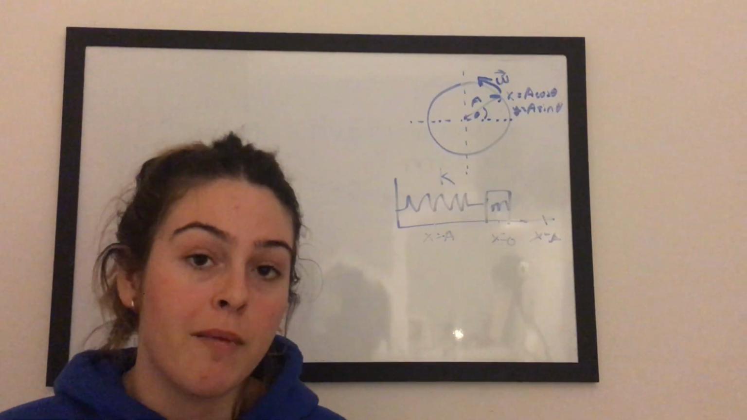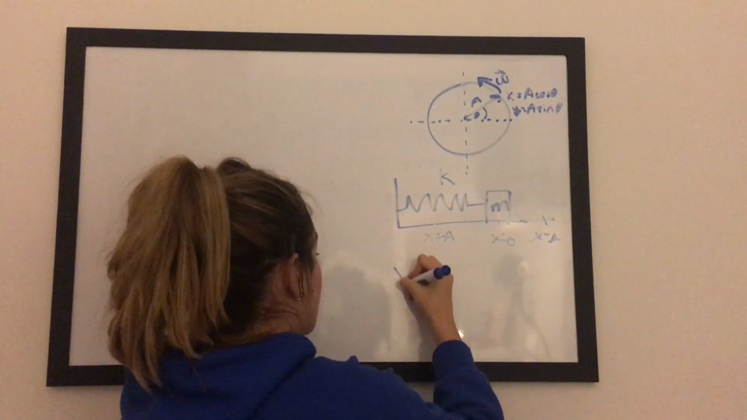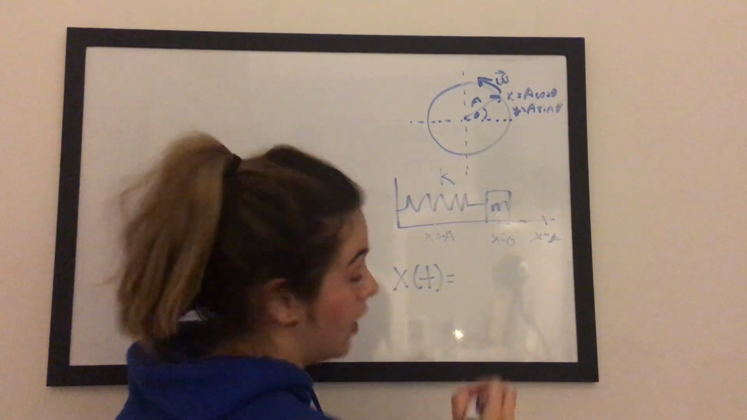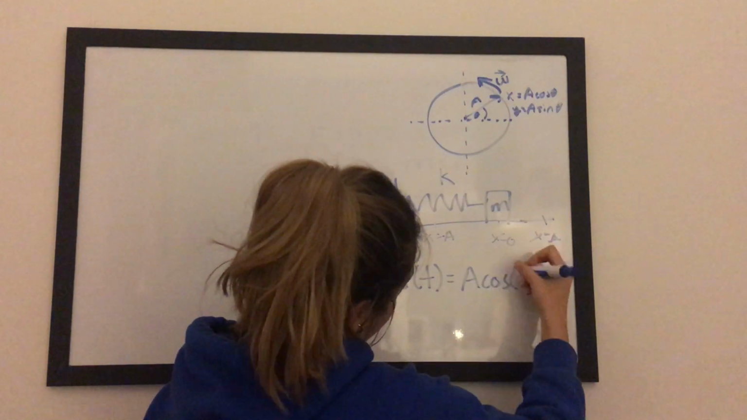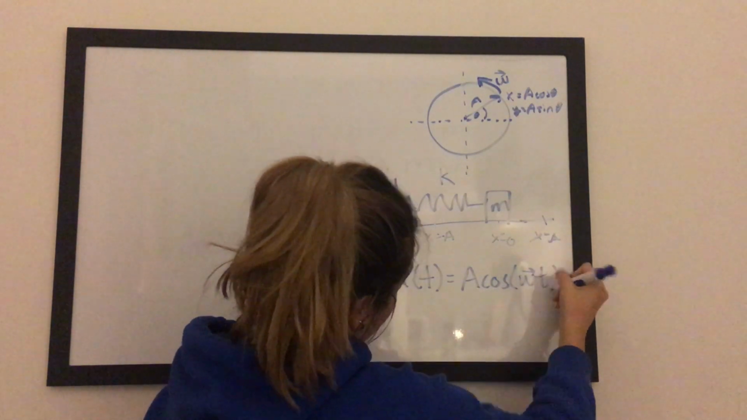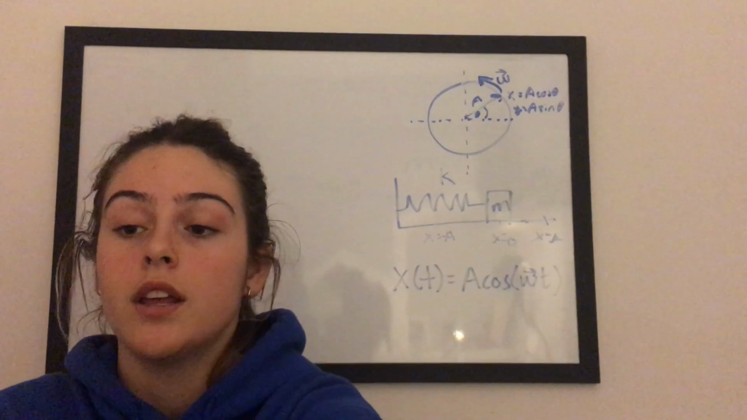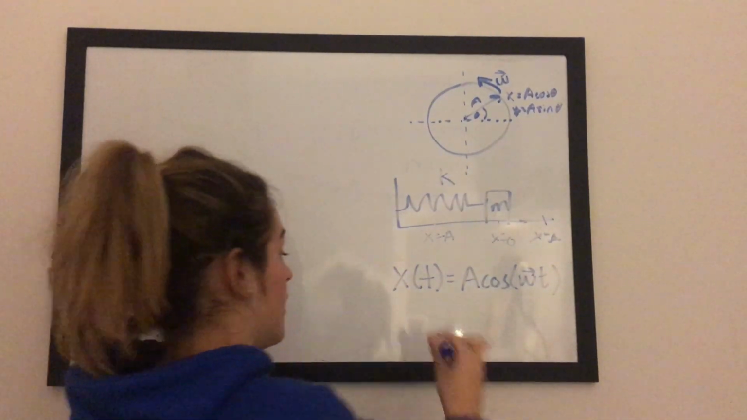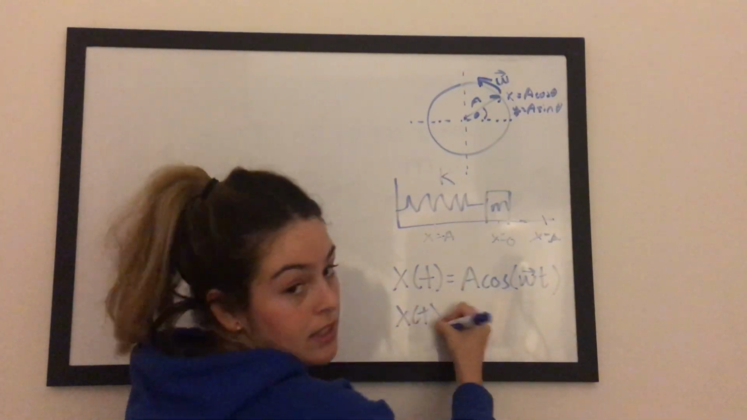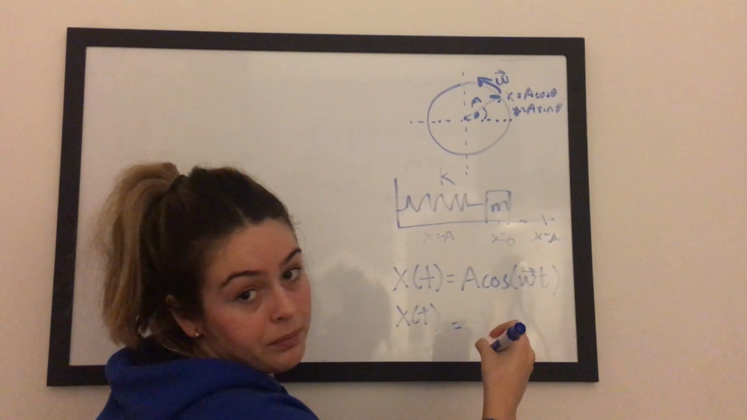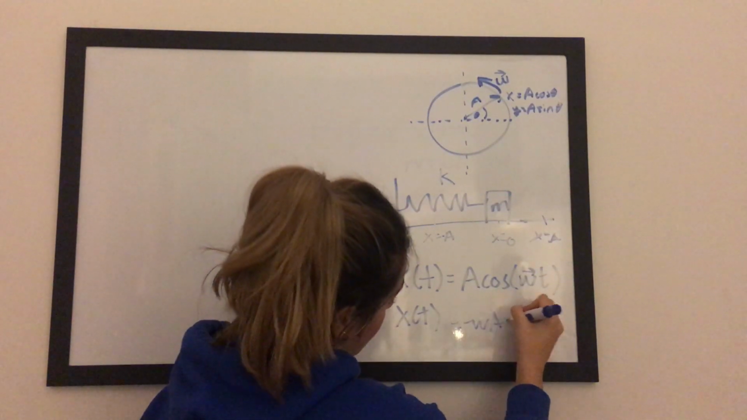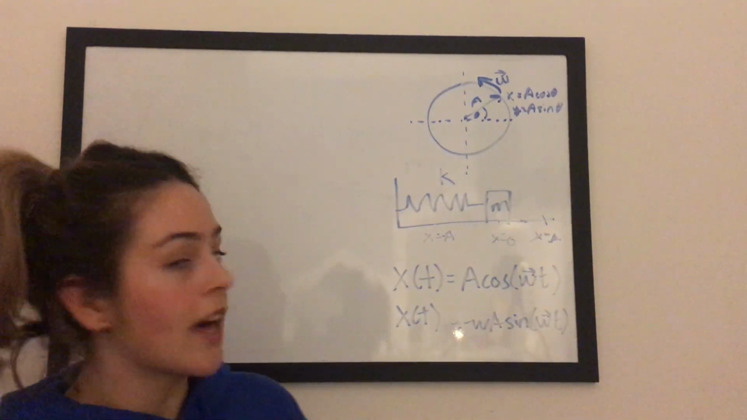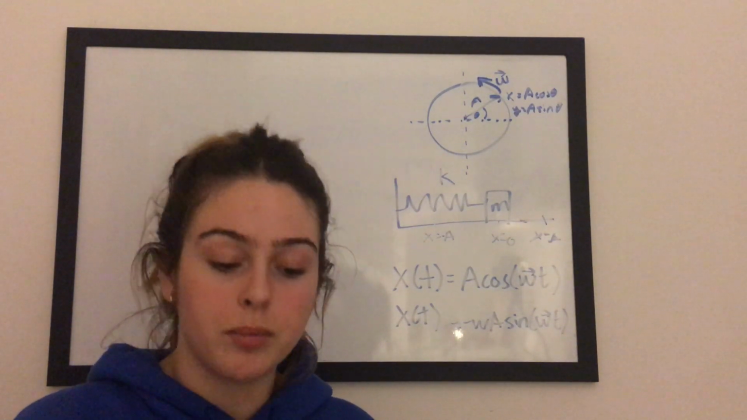Two key formulas that come out of this are x of t, position of t, is equal to a cosine of angular velocity times time. And the other one is simply v of t is equal to negative w a sine of the angular velocity times time. So now that we've got that established, we're going to go ahead and apply this